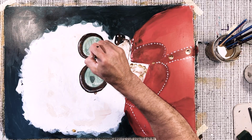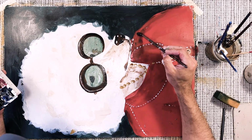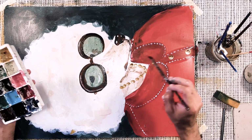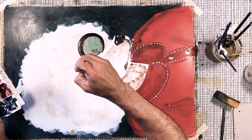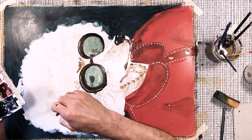I thought about making him look like a glam rock singer, but he ended up looking a bit like one of the Golden Girls from the old TV show. I think he still looks fun and funny. Anyway,